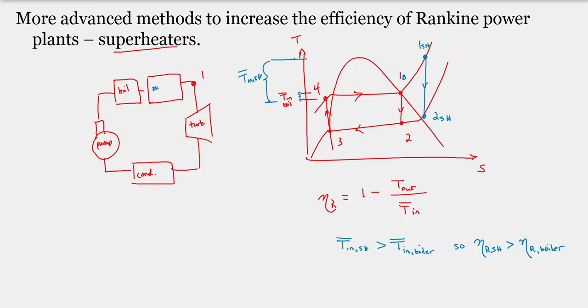What's the superheater? It's just another heat exchanger. And in general, they're not segmented like this, right? We're not going to divide them. So you'd actually have the boiler and the superheater combined together, and it's going to take us to this exit condition that's a superheated condition. So every steam power plant has a superheater in it. It's a basic means to improve the cycle efficiency and to improve the performance of the overall system. And you can see just our simple discussion of the cycle efficiency tells you how to improve the performance of the power plant. Okay, but there are other techniques too,